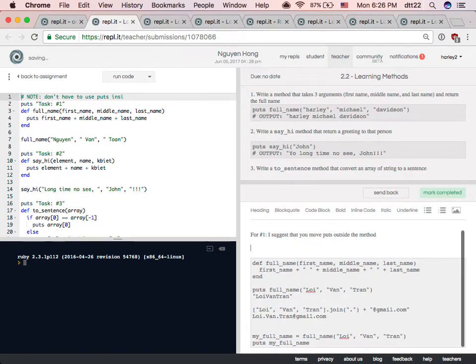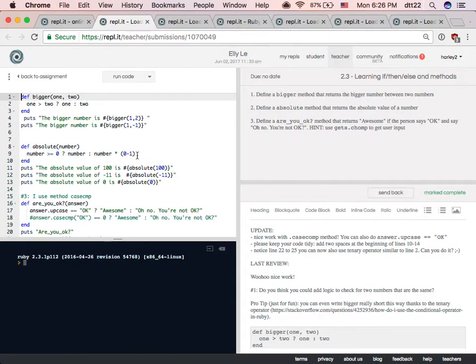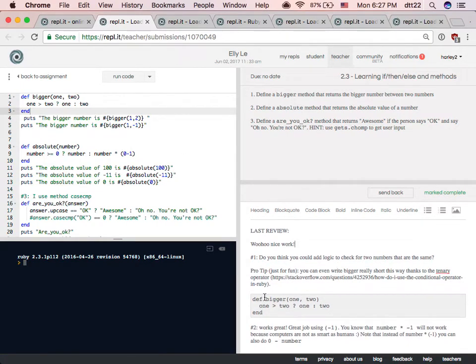Okay, so I'll take Ellie because, all right, home here, right? So go home and you should try to remove puts in your def, right? Blocks, okay? So I call these blocks, but don't worry, this is a block, okay? Def, so remove it out because you have puts outside and do it here, put say hi. Can you do that? Okay, so it's complete. And then let's look at the final exercise.